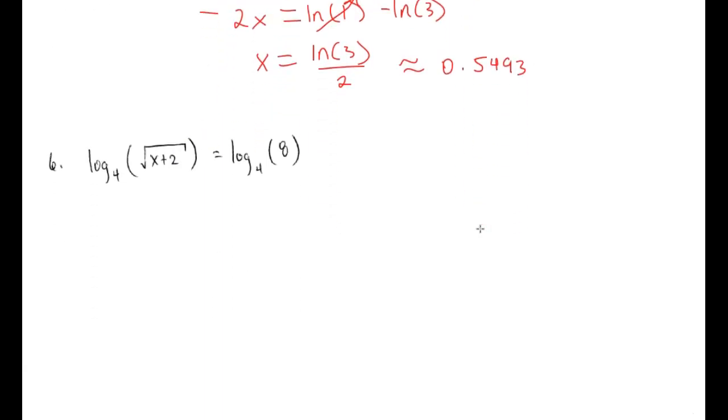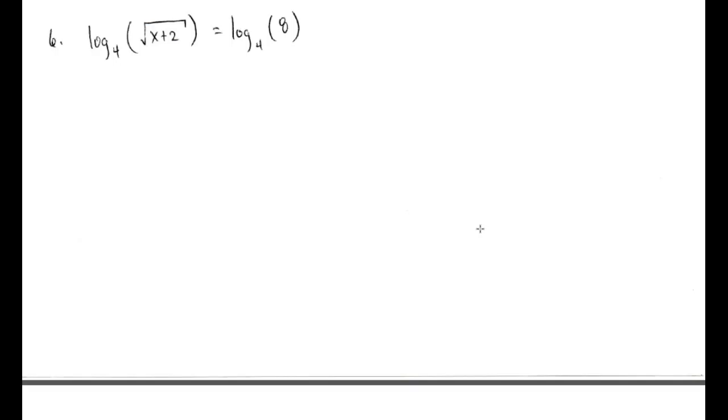Moving on to example 6 now. So for this example, we note that we're using the logarithmic property that says that, hey, if I have log of some base evaluated at something and log of the same base evaluated at another something where the bases are equal, then if the bases are the same, then what is on the inside of the logarithms must be the same. So here we know that this just means square root of x plus 2 has to